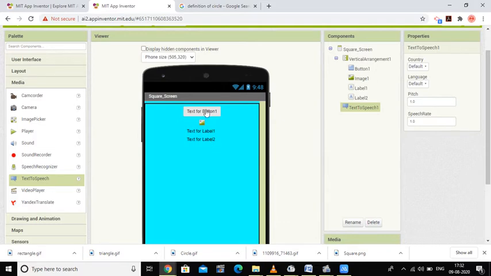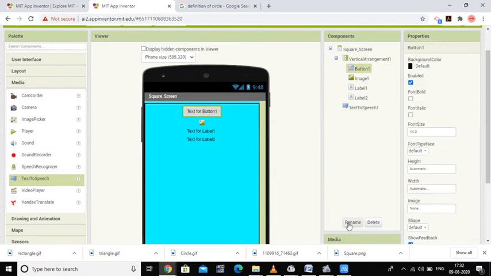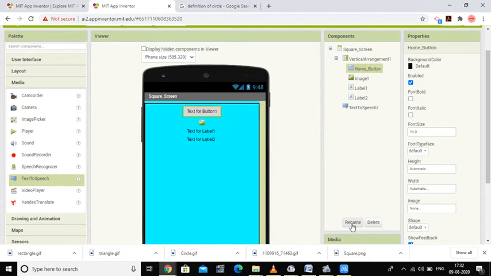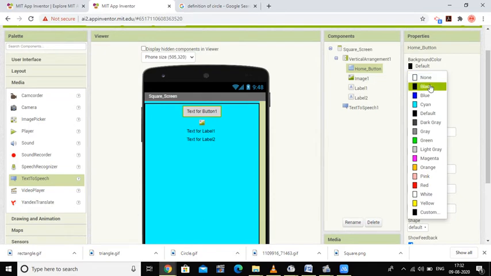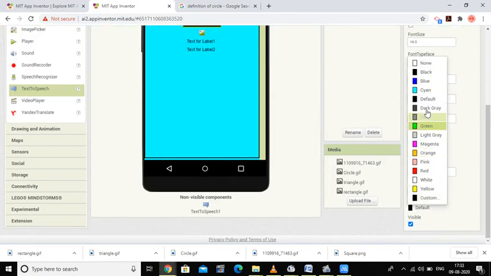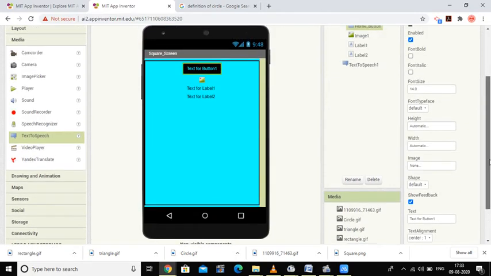Now when I select the button, I rename it to home button. If you want to change the text of this button, you can. The background color for this button should be, you can choose cyan; it looks good.